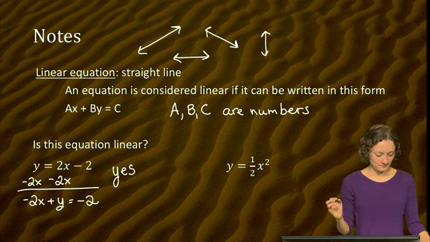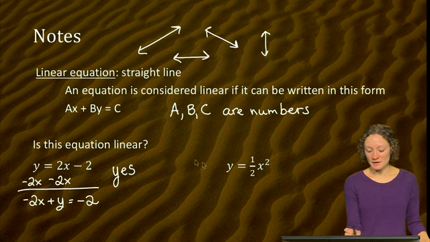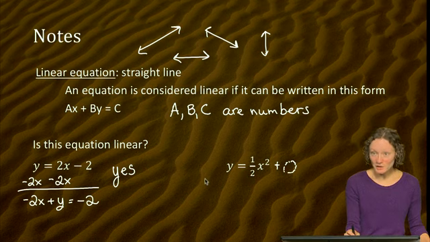To compare it, the second equation, is this one linear? y equals 1/2 x squared. There's a couple things that are different from our standard form of the linear equation. We definitely have an x and a y, which are things that would need to be there. And you could certainly say that you have an a, b, and a c. The c in this case, if you're not seeing it, is sort of like a ghost plus 0, which is fine. The a, the thing attached to the x squared, is a 1/2,